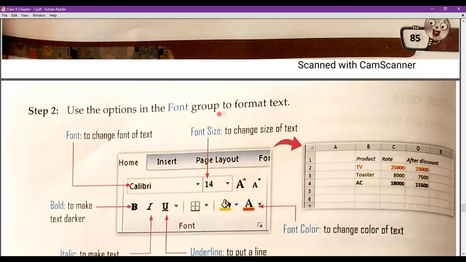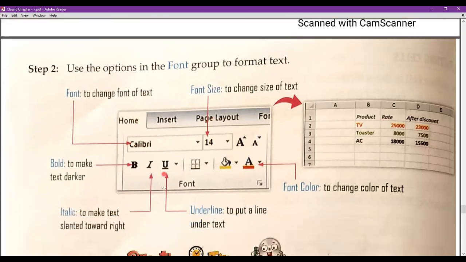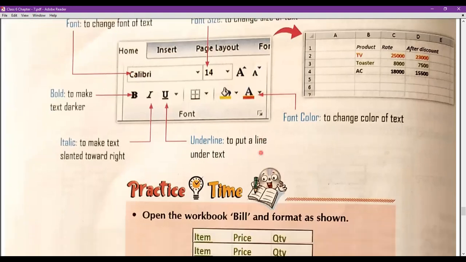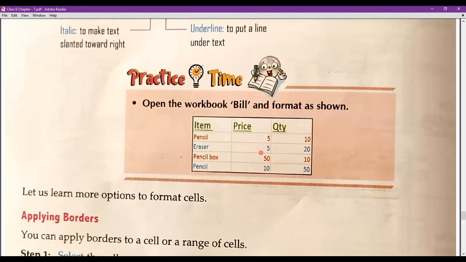Step 2, use the options in the font group to format text. We have to go to the font group, where we will find the font box to change the font of text. This is for font size. This is for bold, this is for italic, this is for underline, and this is for font color. And then you can do the changing.